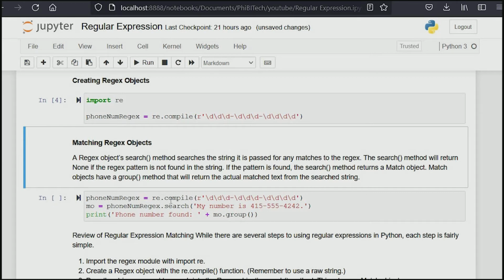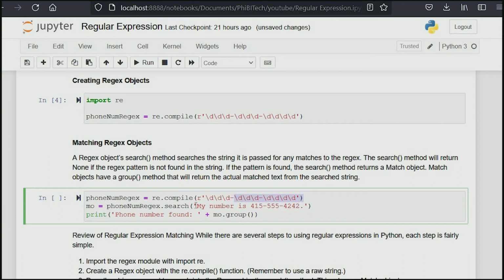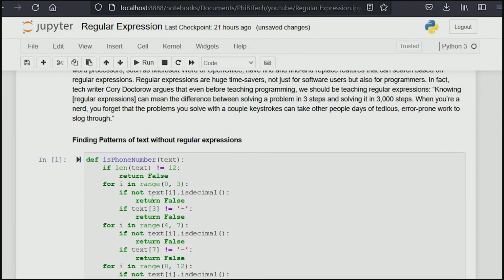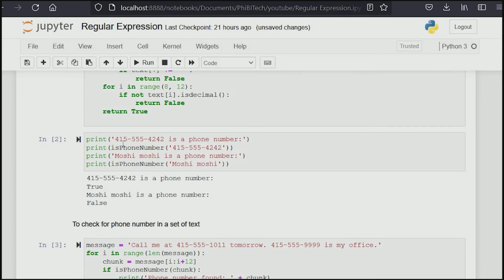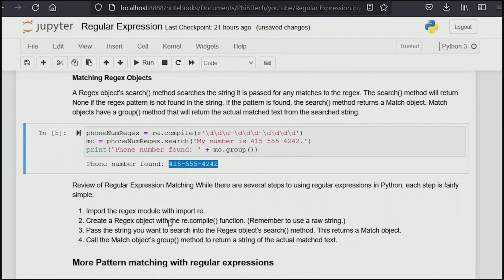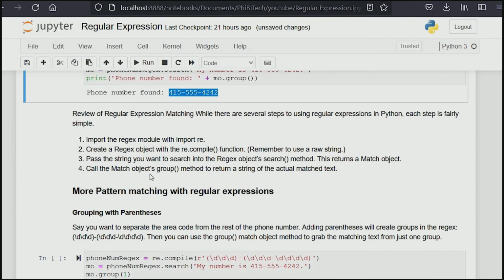So basically, this is our regex compile. We are compiling this, then we search for this pattern in this text here. You can see it did it and gave us our result in just 3 lines. What took us how many lines of code here? 17. Then another 2 lines here. Then another function here again, another for loop. So to review what we did, we just imported regex, created the regex object,